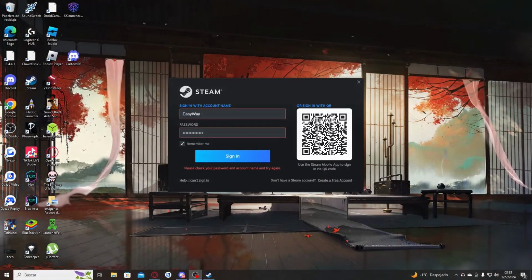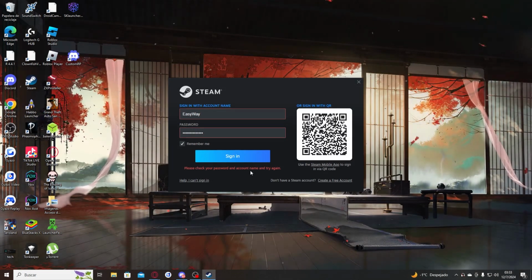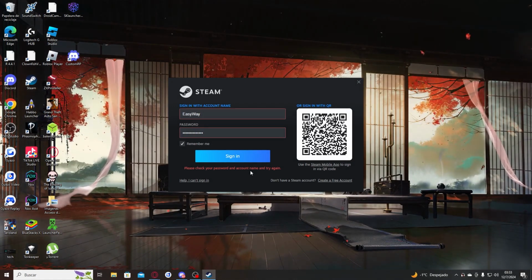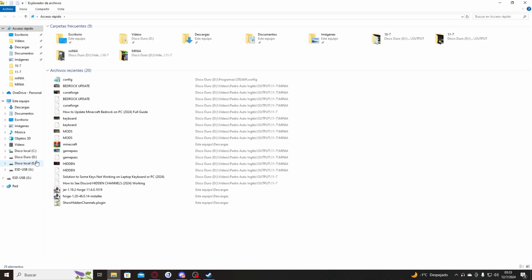So you are having issues logging into Steam, like this, that says "please check your password and account name and try again." Well, I have the solution for you. It's very simple. You have to go to your documents, press here, and go to the folder that